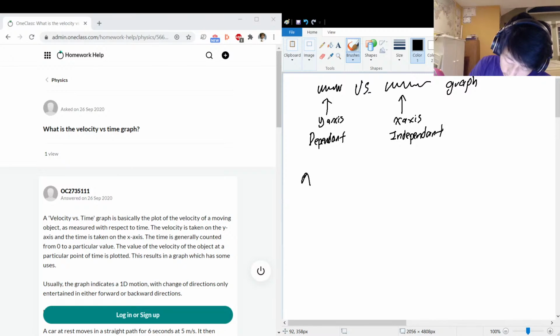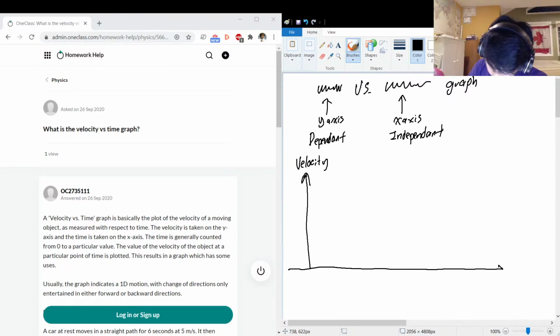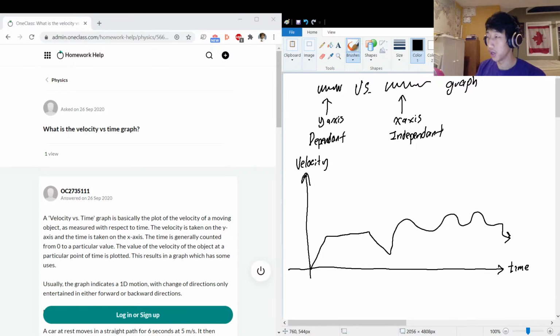Okay, so if here is our dependent, we got velocity. Draw a little graph like that. Okay, and here we have our time. Our velocity could be changing over different points of time. Maybe something like that. Okay, so there are some properties, like, of course, your velocity function or curve is not necessarily going to look like this, but